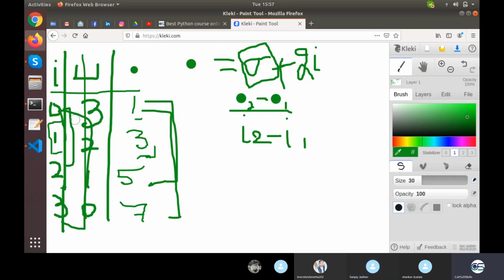So take any points. Let's suppose we are taking the first point and the third point. So dot 2 minus dot 1 is 5 minus 1, 4. And I2 minus I1 is 2 minus 0, 2. So we are having actually 4 by 2. That is the coefficient of I. So we want it to be plus 2I.